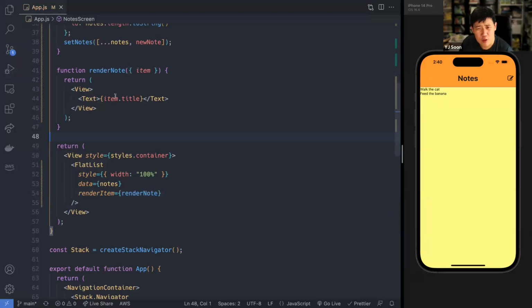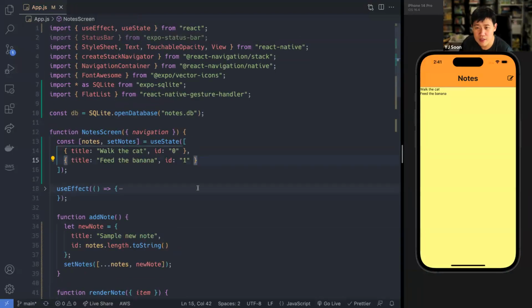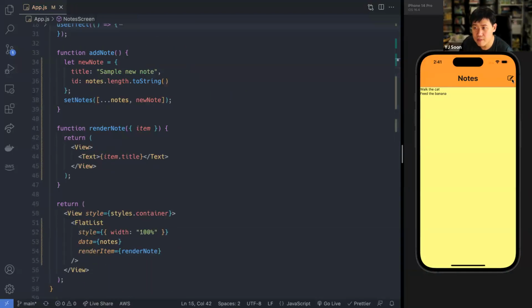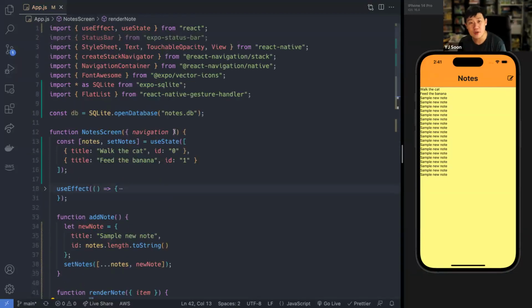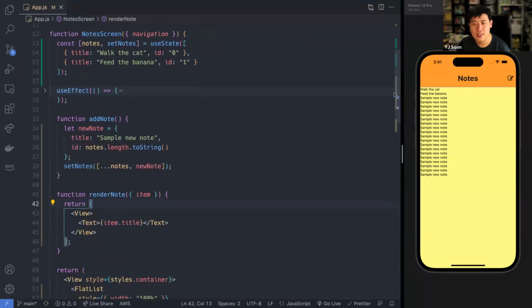It doesn't look very good. Let's give them a bit of styling, but it works for sure, because if I press this plus button, it will happily create new notes for me. Yay, new notes. So again, super different from the colors app, but I think it's just worth emphasizing, because a lot of apps are this way. You create stuff and you lay them out on screen and you do various things. So I just wanted to show you this thing again, in a slightly different context.